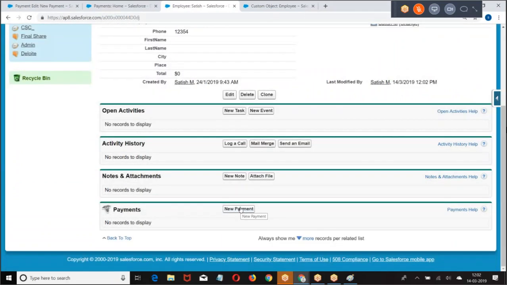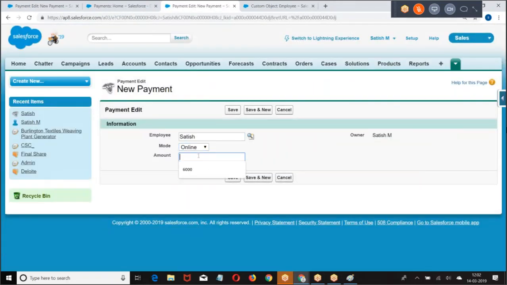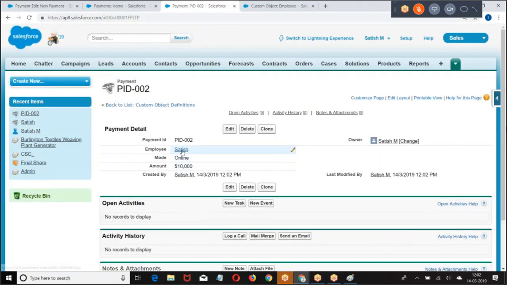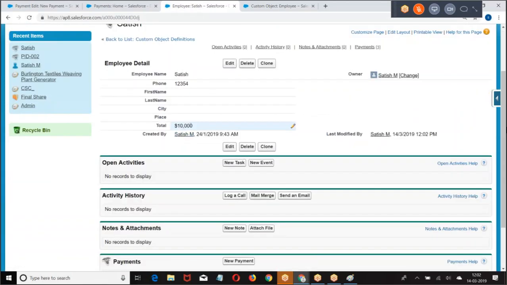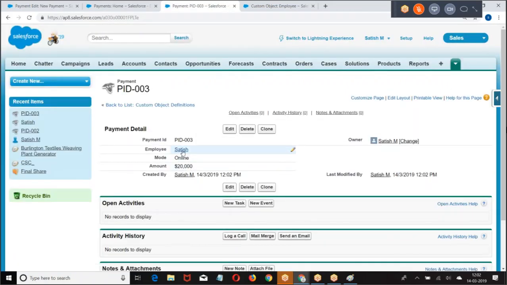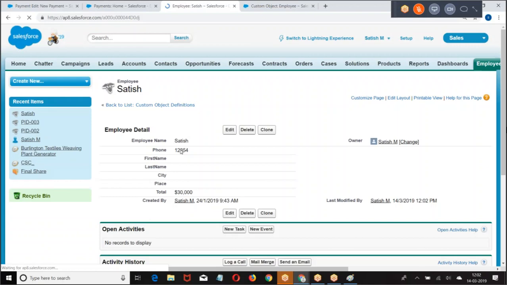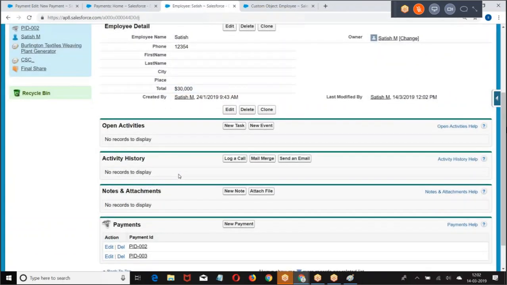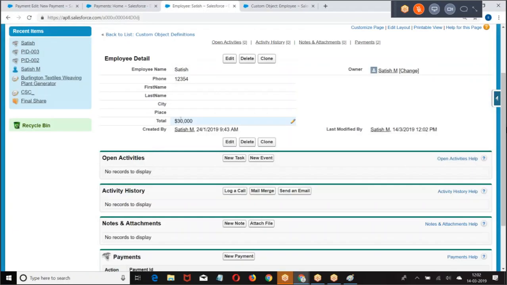Now I'm making a payment. New payment. Go to Satish. What is the total we got here? Employee 10,000. Go to payment. So whenever you make a new payment, identify who is your parent. Go and add the payment to the 1,000, 10,000, 20,000. We are getting the total. Whenever a payment record is inserted, identify who is your parent, add it. Because here I am giving a single record.